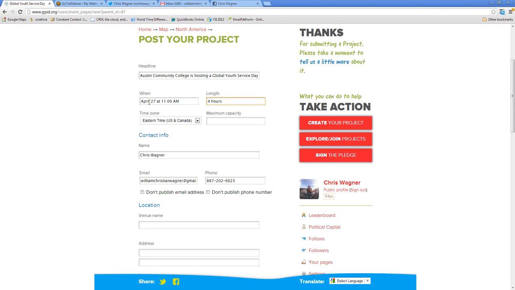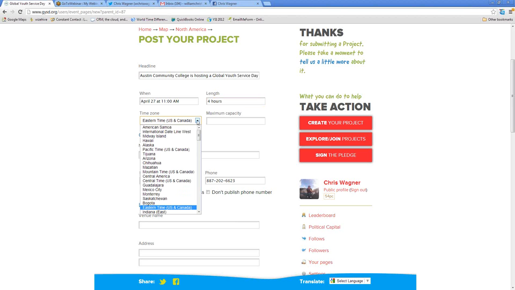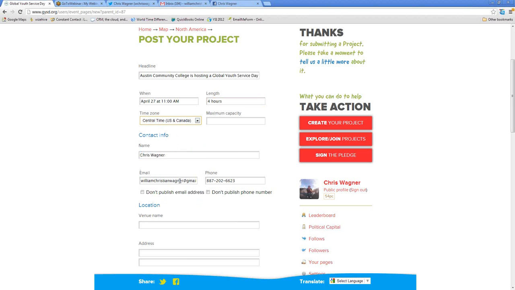And what's great is you can just type in the date and the time, 4 hours, 4.5 hours. The website will standardize it for you. If it has any problem with it, it'll just ask you to fix it. So you can just type in the information. Texas is in the central time zone, so I want to make sure I have that right. So I've got that there. Maximum capacity, so up to how many people can come to your event. So I'm going to go ahead and say 1,000 people can come.